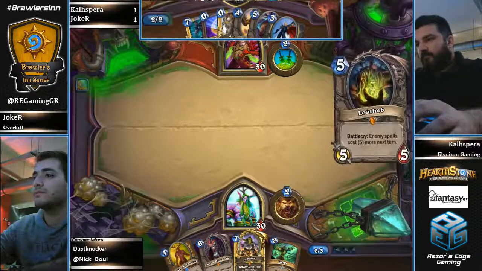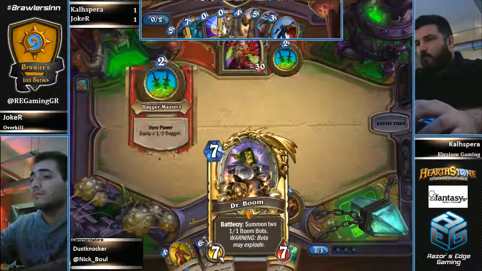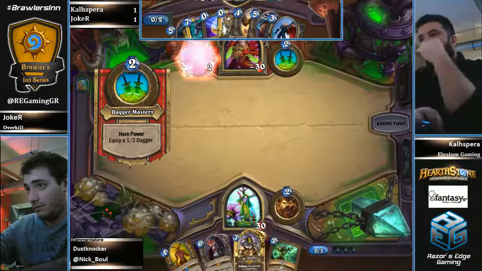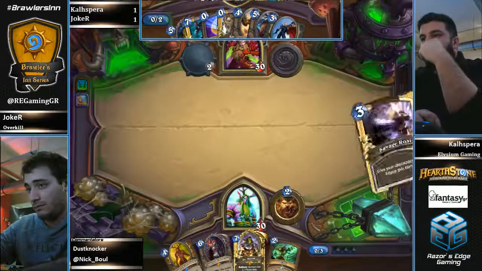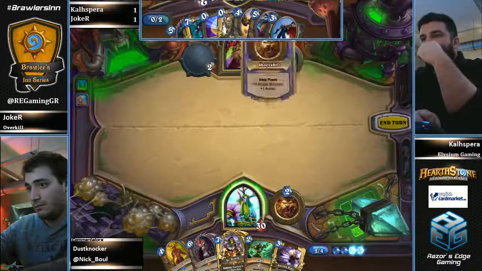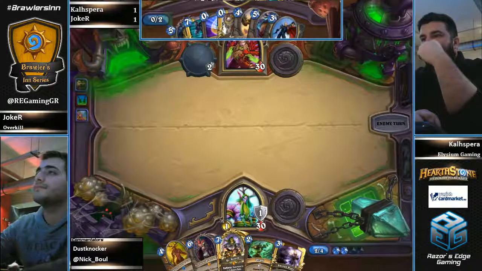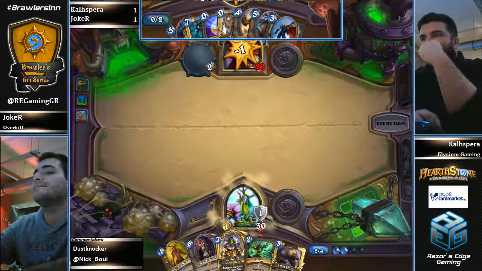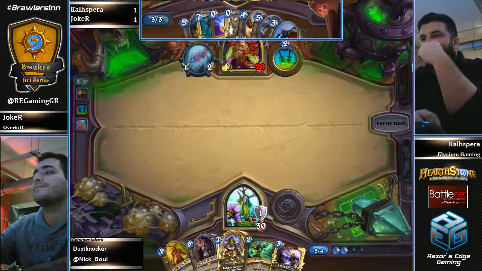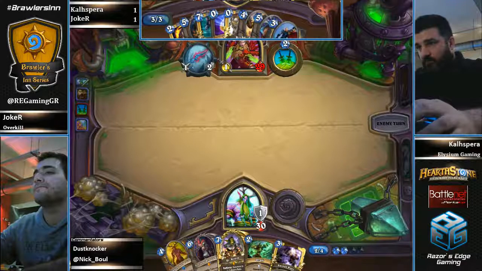He's gonna ramp his mana by 1, and he's gonna pass the turn to Kalispera, who finds a Loatheb with apparently no good turn 3 plays. He has a Pilot Shredder in his hand, which I'm pretty sure he will coin out next turn. But right now, Joker cannot really capitalize on the extra mana that he has, because he doesn't want to play a Keeper of the Groove on an empty board, and he cannot play basically anything else. So let's see if